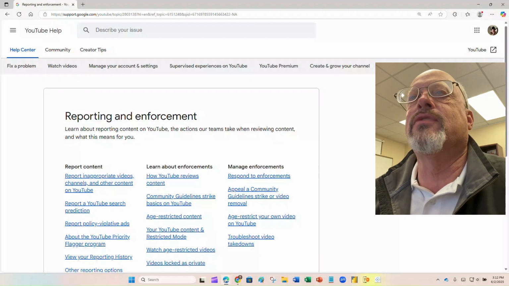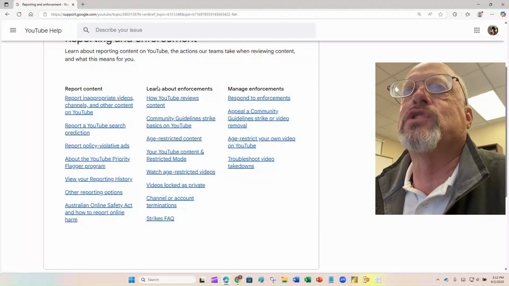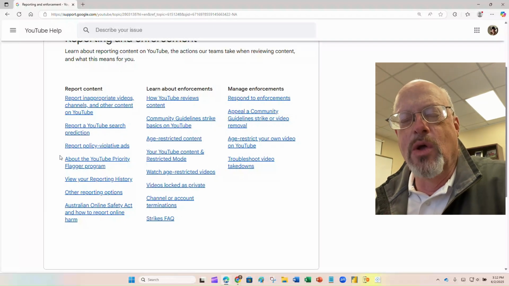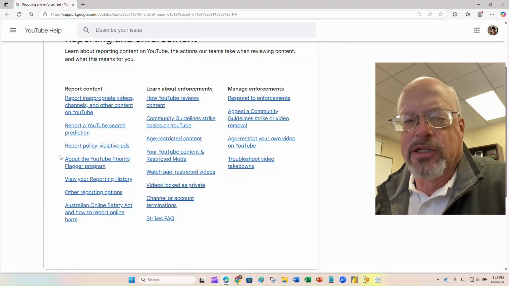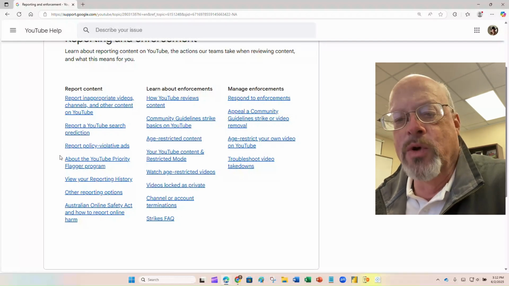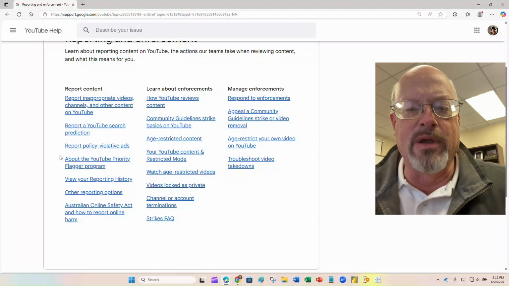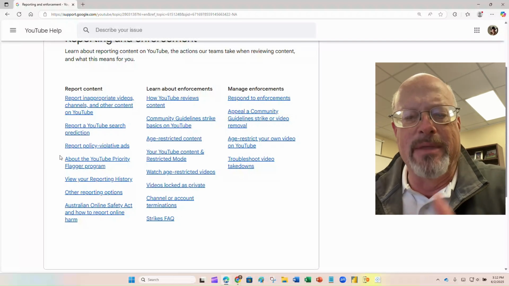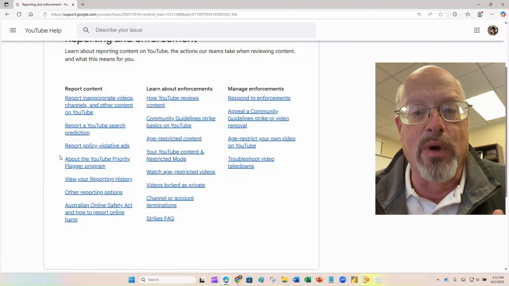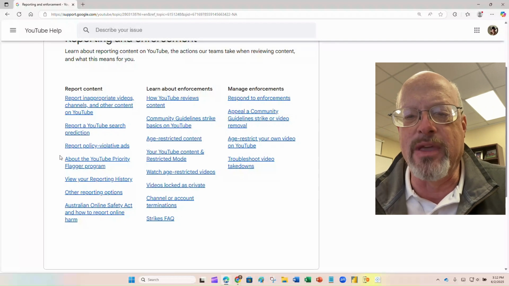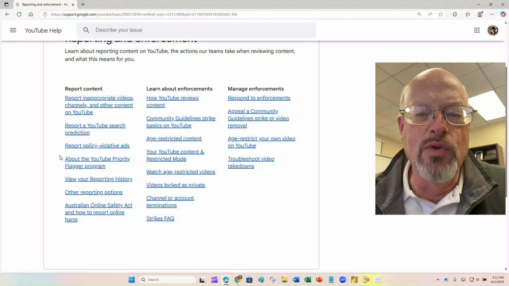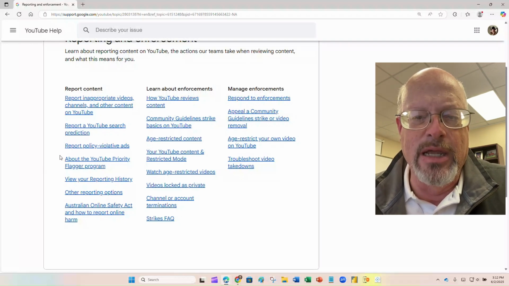So when we get there, there's some things you need to learn about. And we're going to focus on this middle column. The first column is about reporting things that violate YouTube's policies and guidelines. So YouTube would really like you to actively monitor what you're watching, and if you see something that's inappropriate, they would like you to report it to them, and they provide all kinds of forms for doing that kind of reporting. That may be something you're comfortable with, it may be something you're not comfortable with. I'm not going to tell you that you have to do it or don't do it, but they do encourage you or provide you the opportunity to provide things.